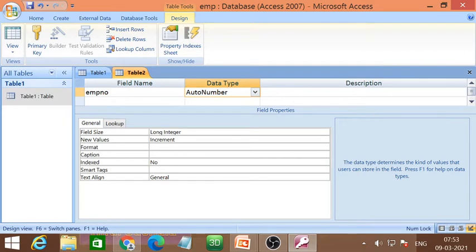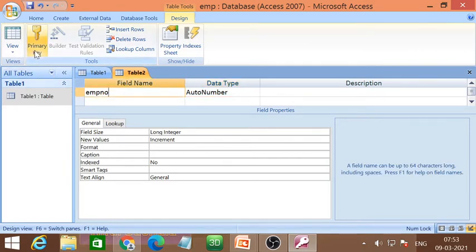This EMP number will be the primary key, so I will click on this primary key icon. Here our primary key is ready.